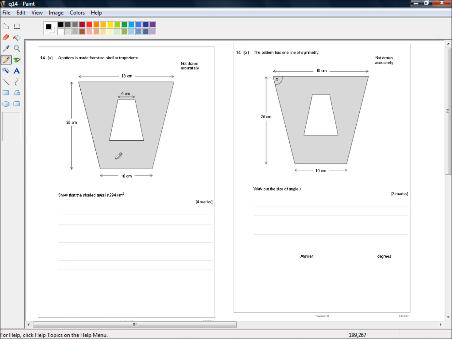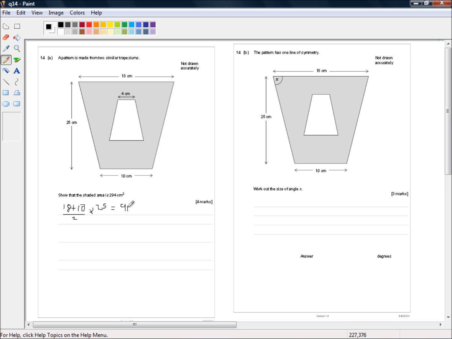So the way to do this is to take the area of the whole big shape and subtract the area of the smaller shape. The big shape is quite easy. We just use the normal formula, so that's this length plus this length over 2 multiplied by this length. So that's 18 plus 10 all over 2 times 25, which is equal to